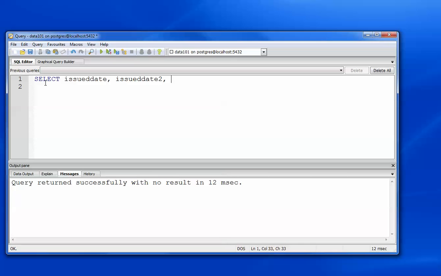And then I want to just see if my function that I looked up for this is working correctly. So before I update, we have issue date,